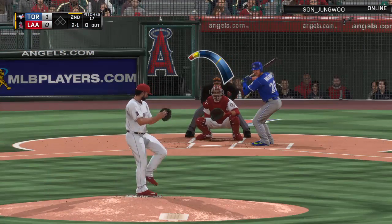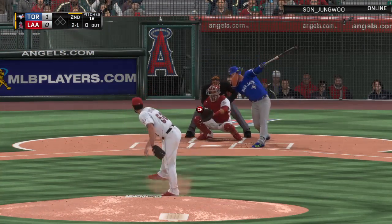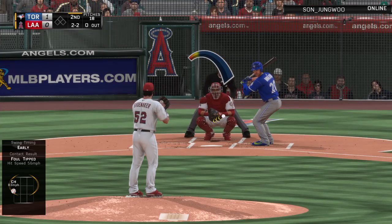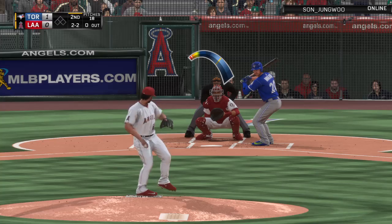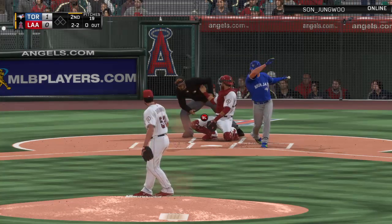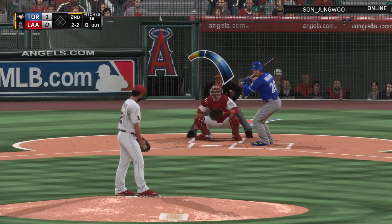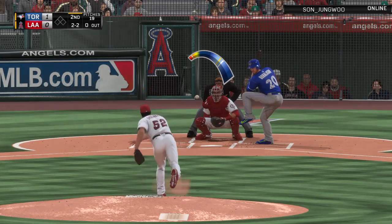Shoemaker gets the sign. Here's the 2-1. Gets on top of one here and chops it foul right at home plate. Yeah, Donaldson primarily played catcher at Auburn, where he was a preseason All-American and an All-Star in the prestigious Cape Cod League. Yeah, and it's no surprise that he got to play in the Cape League. So many of the